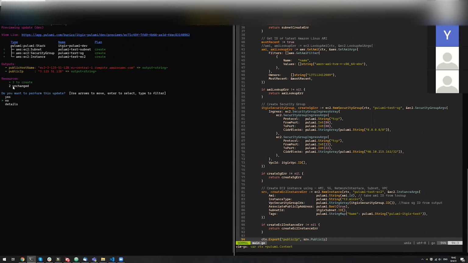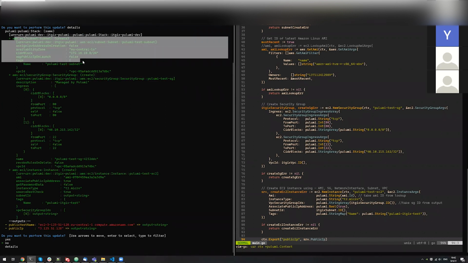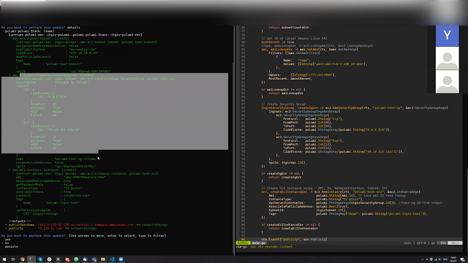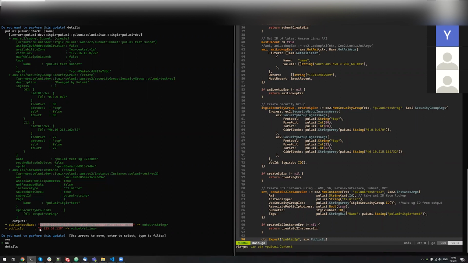Actually, it shows two resources that have not been changed. Maybe I have not deleted my VPC from the previous run, so I think it probably already exists. But it says here it will create a subnet within the VPC. It will create a security group. It will create an instance, and then it will output the host name and the IP address of the new instances. It currently shows the current ones because I already created them before, and it says the new ones will